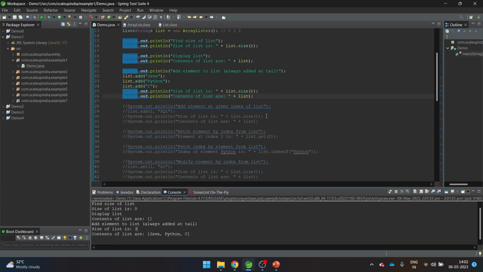Now let's move ahead and see what if I want to add an element at a particular index. Let's say Java is at index 0, Python at 1, and C is at index 2. Now I want to add an element at index 1, but I don't want to replace Python here. I just want to add a new one and shift Python by one index. For that you can do something like this,